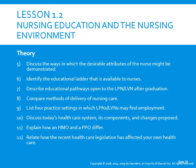Okay, nursing education and the nursing environment. So we're going to discuss the ways in which the desirable attributes of a nurse might be demonstrated. We're going to identify the educational ladder that is available to nurses. We're going to describe educational pathways open to the LPN, LVN after graduation. And we're going to compare methods of delivery